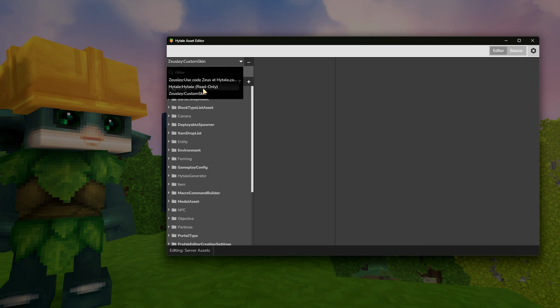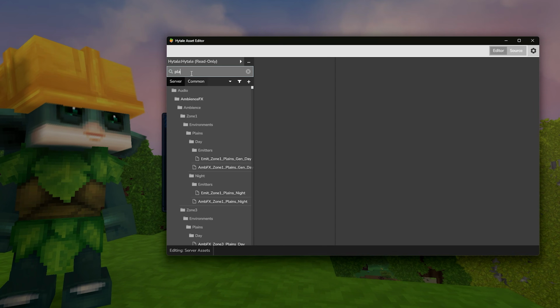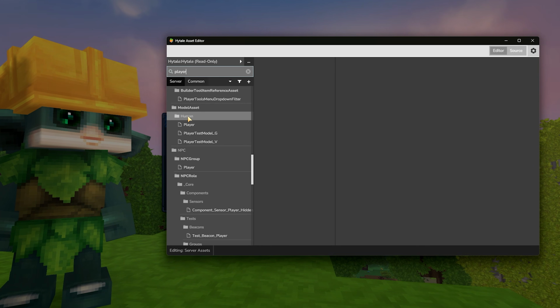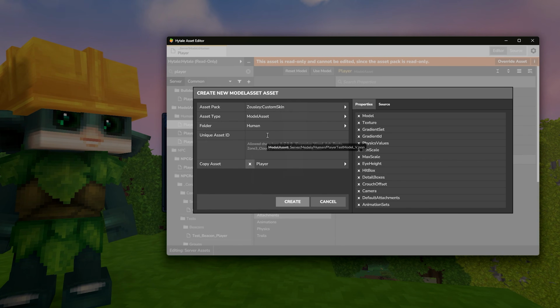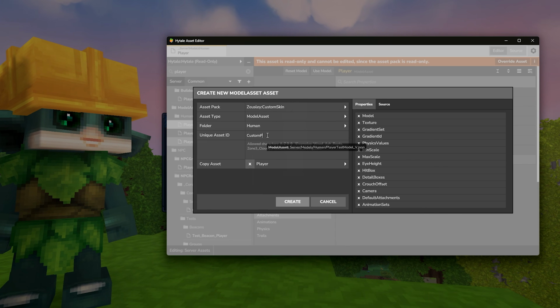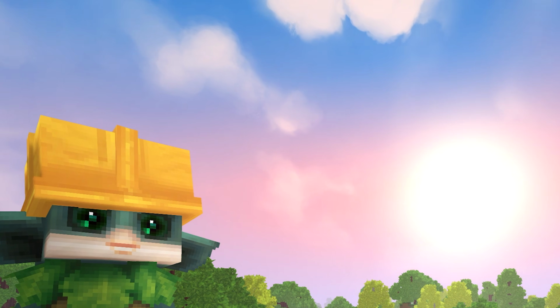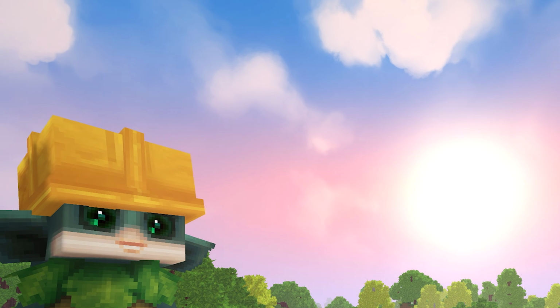Let's go back to Hytale. Let's search for player, and under Model Asset, Human, click on player, right-click, duplicate. Let's call it Custom Player, create, and if we want the player to have a base, we have to